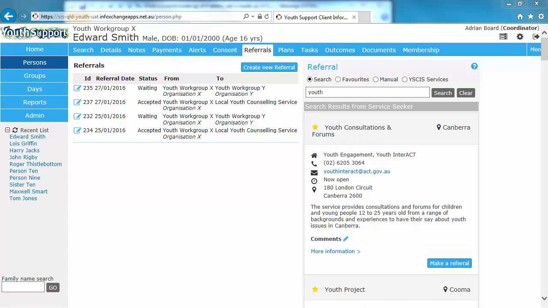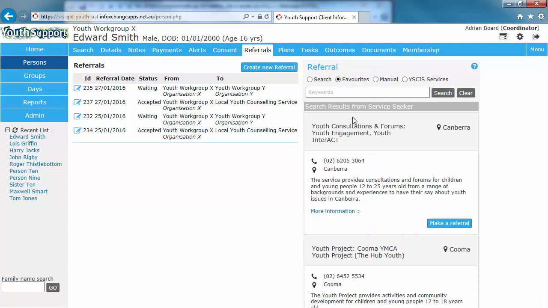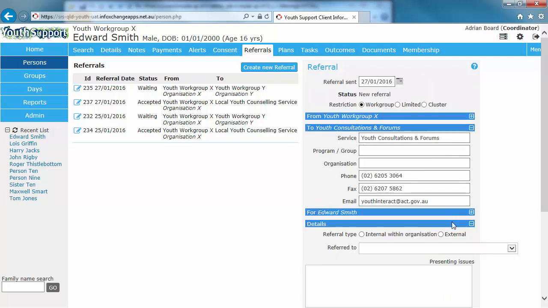Now that the star is showing, I know that this outlet will show in my favourites, so I don't have to search for it again. Let's look at favourites. And note that the outlet is displayed. I will click Make a Referral to start the process of creating this referral. From here, the process is identical to that of making a manual referral, so we won't be proceeding any further. I'm now going back to the home page,